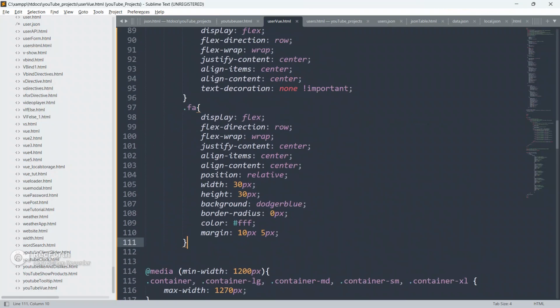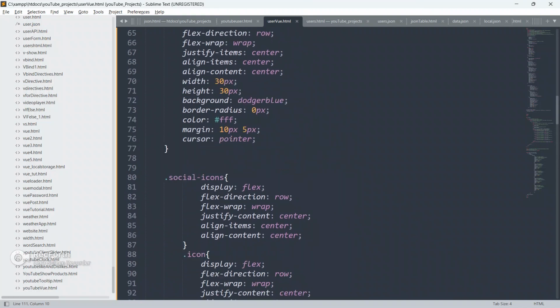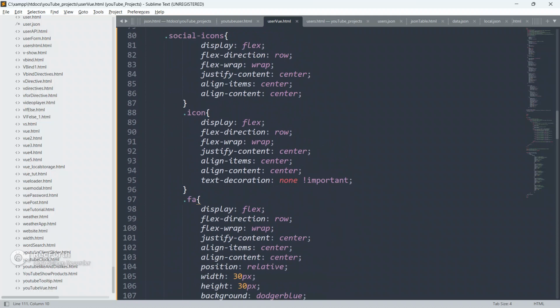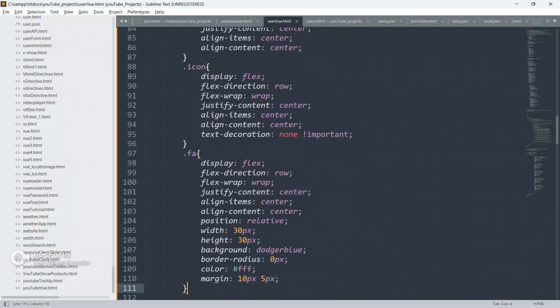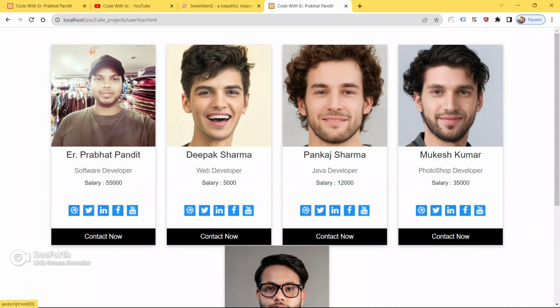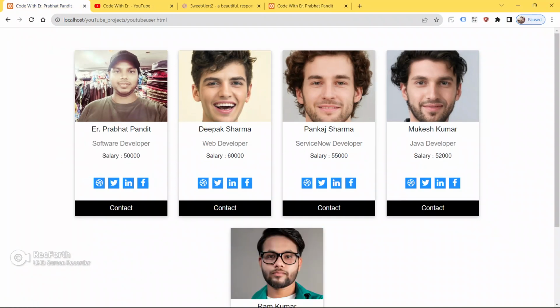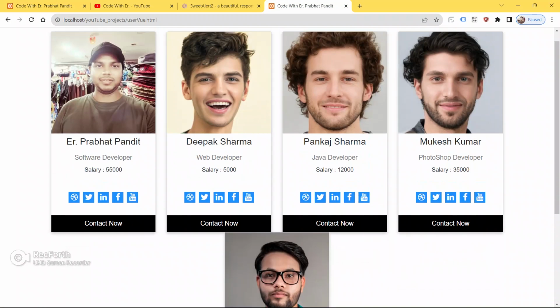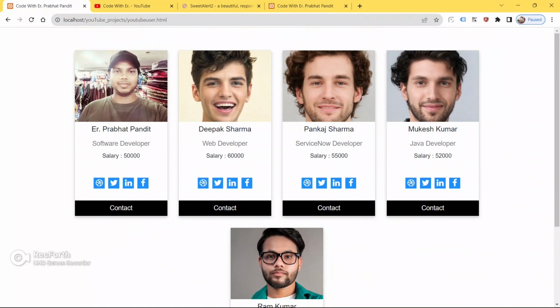Yeah, now the icon is in the center. So I don't know guys where I am making mistakes. So now our icon is in the center. So yeah, it's in center guys. So now this UI and this UI looks similar.